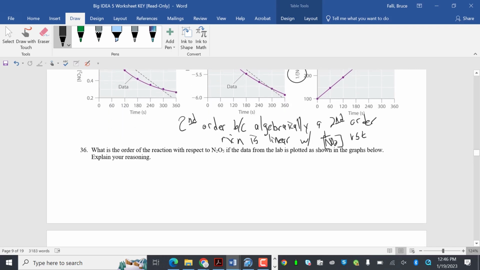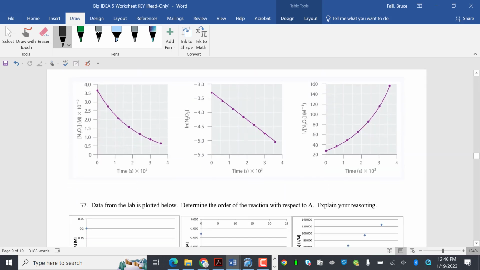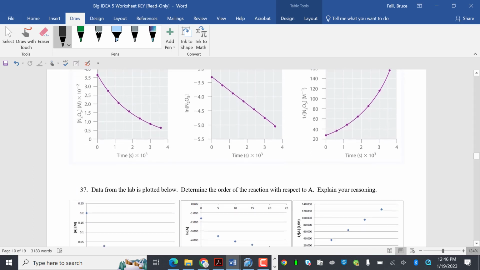Just NO2. Okay. What is the order with respect to N2O5 if the data from the lab is plotted as shown in the graphs below? Explain your reasoning. So this is my linear one. On this one, all of them are the same. This is the same data point. It is first order